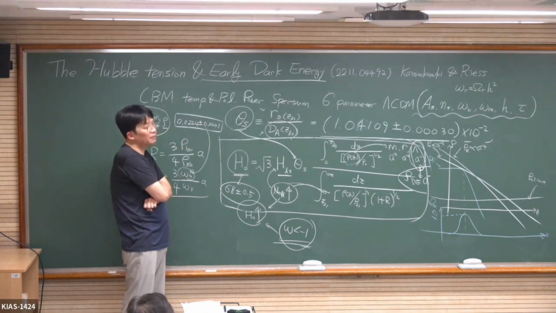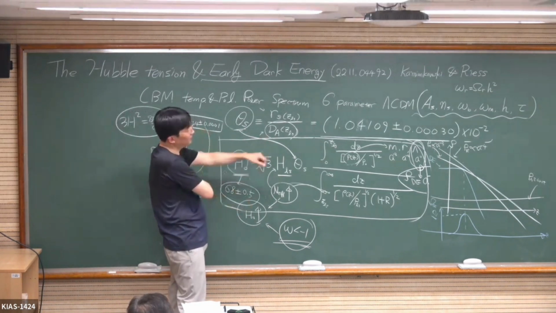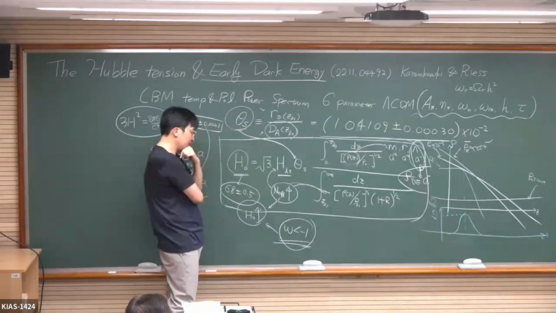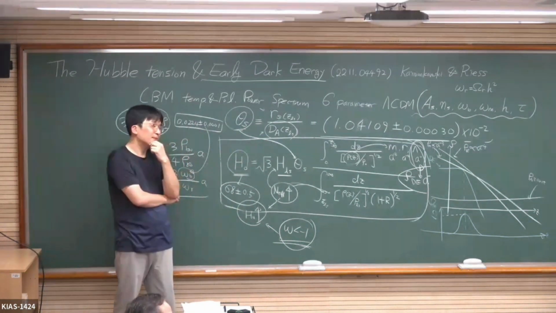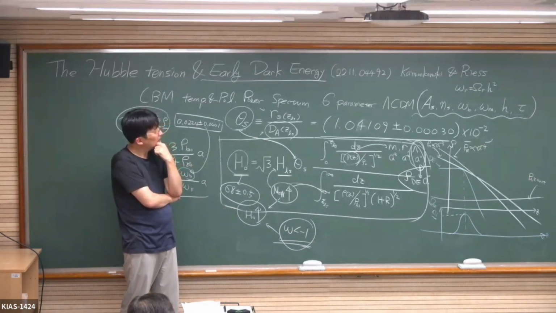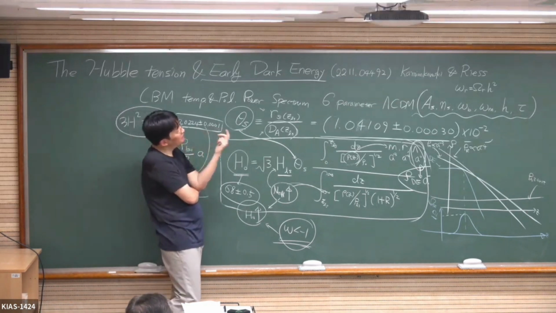And the second is the denominator. You are putting the angular diameter distance there. But then you're assuming a homogeneous universe, and that's inconsistent with lambda CDM, which predicts a huge number of halos. And therefore, the line of sight will be highly inhomogeneous. Right? So both the numerator and the denominator have hidden assumptions.